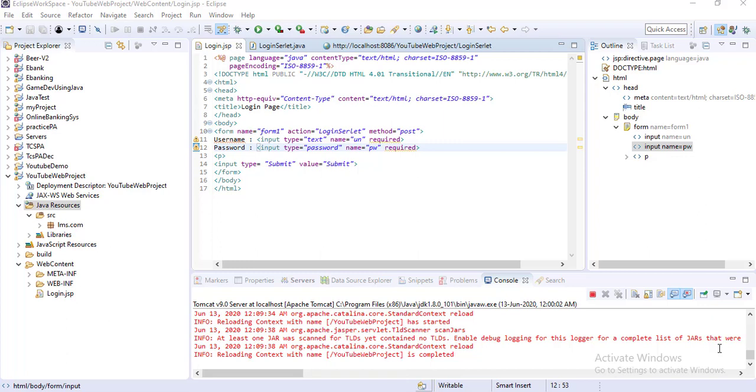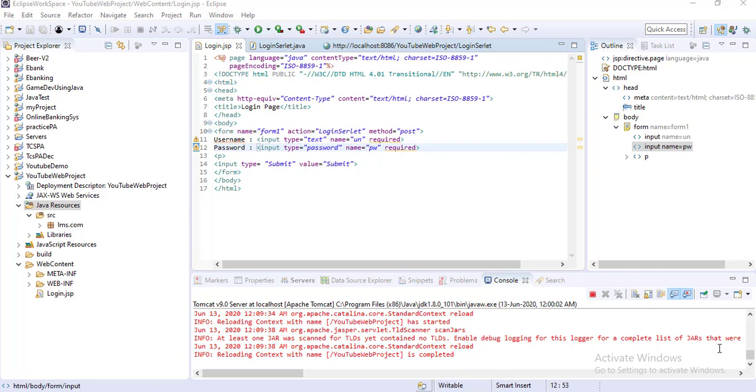I am Snehasis, and in my last two consecutive videos I explained how to create the web project, and I already have created one JSP page and servlet page, and I showed you how to send the data from JSP to servlet page. In the structure of a form, we can send data. Once we submit the form, the attributes inside the form will go from the JSP page to the servlet page.